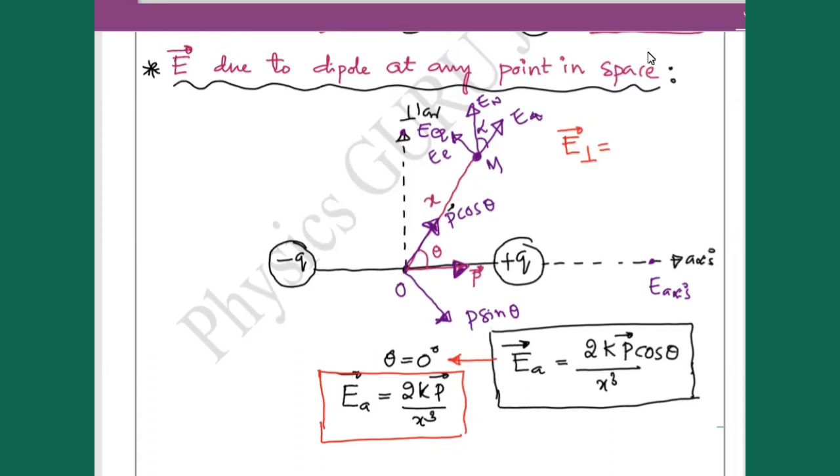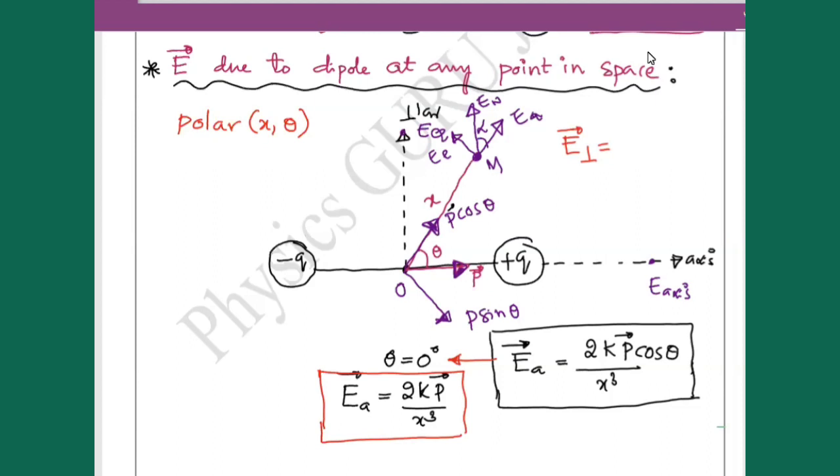this is also called polar coordinates. So this is nothing but x polar, so polar of x comma theta. Is it clear? So in polar coordinates, what should I write? If I want the perpendicular bisector, P is becoming what? Is it P cos theta or P sin theta for perpendicular? P sin theta. Very good, P sin theta.